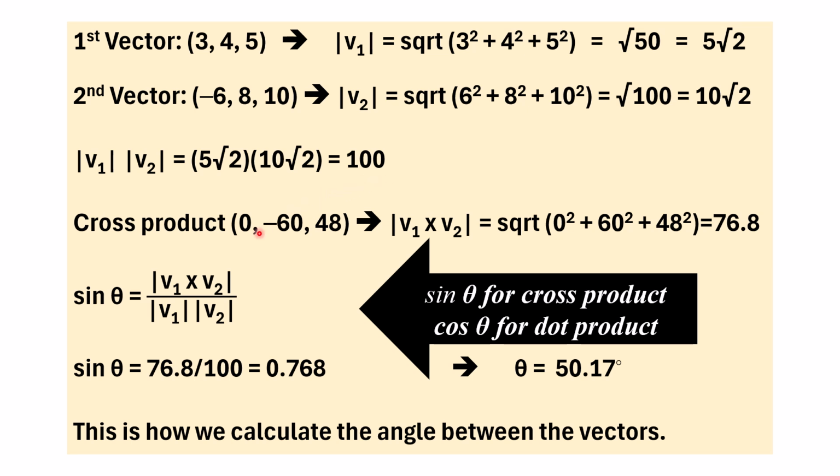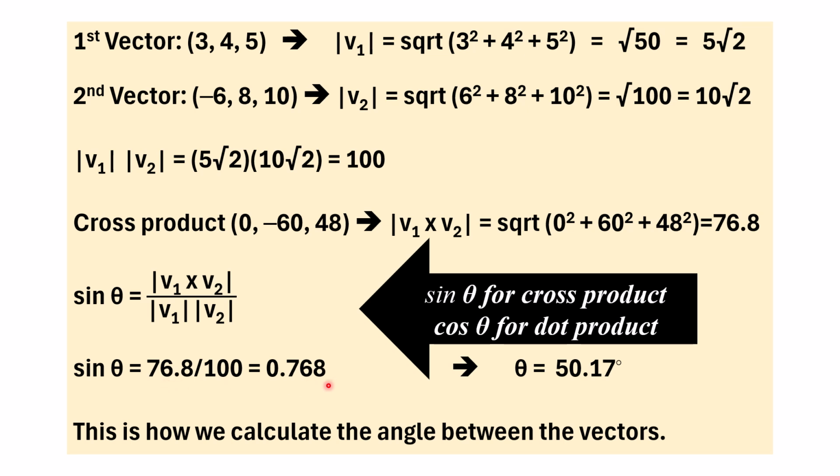Now cross product, what we got was 0 minus 60, 48, that is 0i minus 60j plus 48k. So the absolute magnitude of this product will be square root of 0 square plus 60 square plus 48 square, which is giving you 76.8. You can check it with a calculator. 76.8. So sin theta will be the ratio of these two, that is the absolute magnitude of the product divided